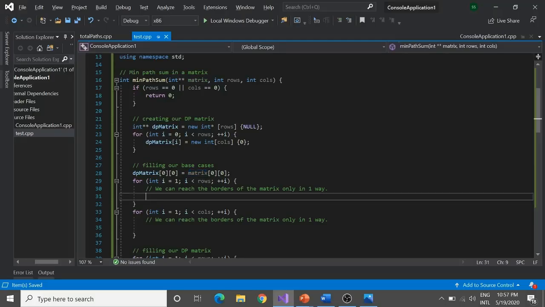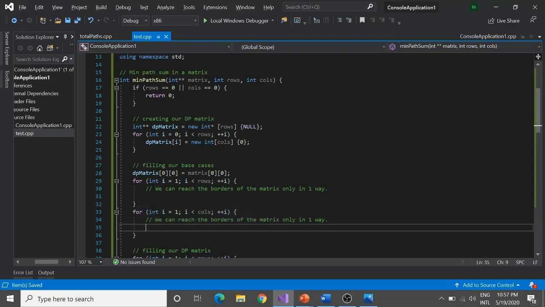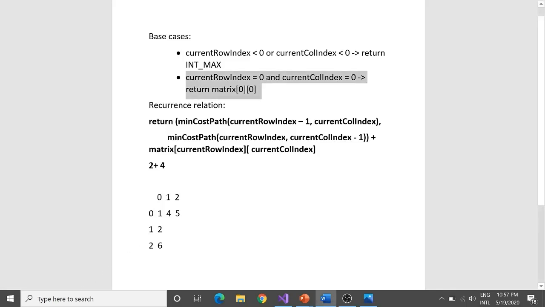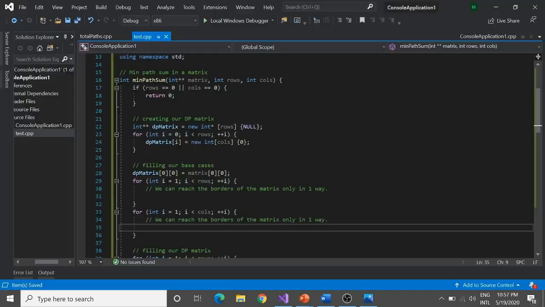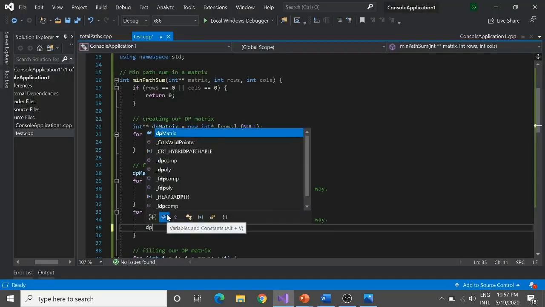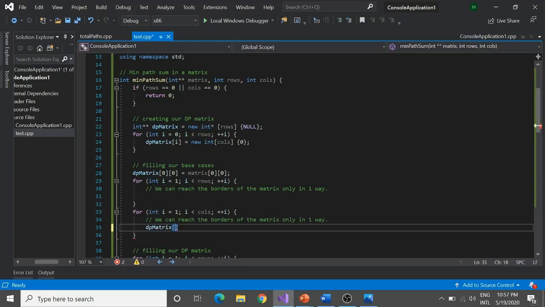Now in this case, what are we filling? We are actually filling our first column, and in this case, what are we filling? We are actually filling our first row. So we should start filling our first row. So what was I doing? How did I populate my first row? What was this sub problem? Again, how to reach 0 comma 1. So how did I reach over here? Whatever was my answer to the previous sub problem, I was just adding that to what? To the content of my matrix 0 1. So again, what would be the answer to this sub problem over here? If you see the recursive tree, it would be helpful again for you.